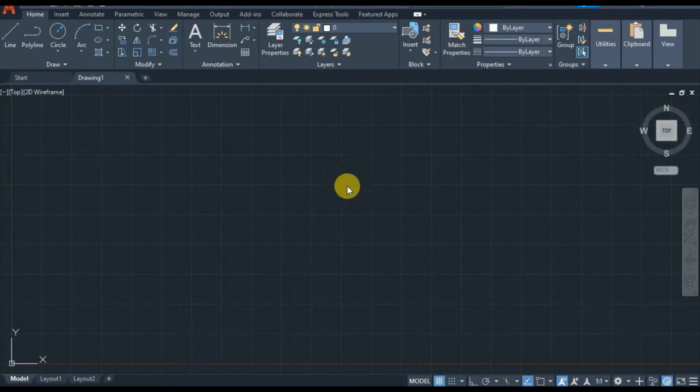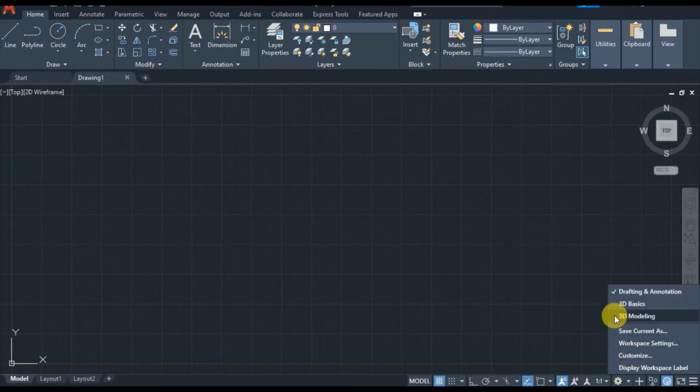So, initially, when you open this AutoCAD software, you will see a screen like this. This is our workspace. We can change this workspace from here. You can see three workspace options: drafting and annotation, 3D basics and 3D modeling.